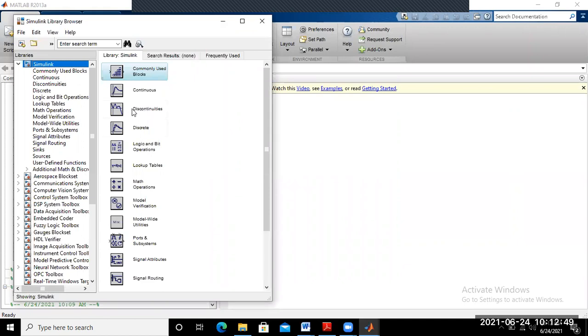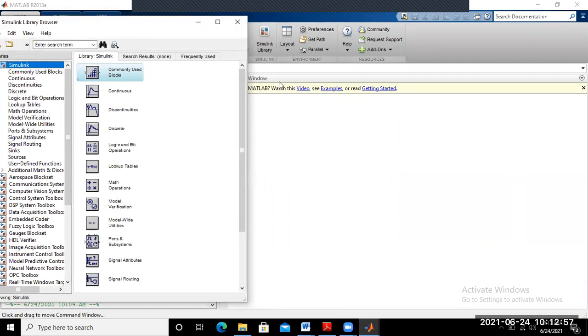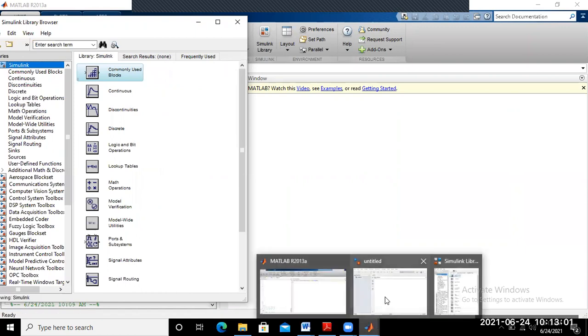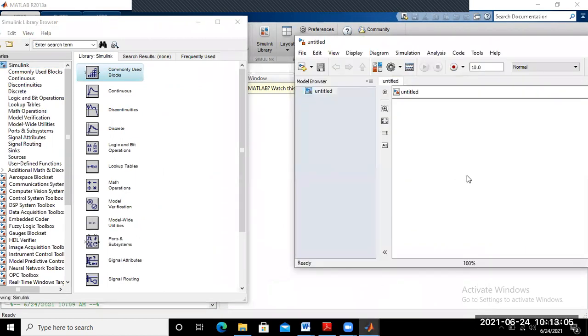Yeah. So it's open. Now we just try to track the block what we required for the simulation of the circuit. Okay. So just in the new workspace. Yeah, here. So what we required, we already just draw the circuit. So that circuit we simulate here. So what component we require? First of all,